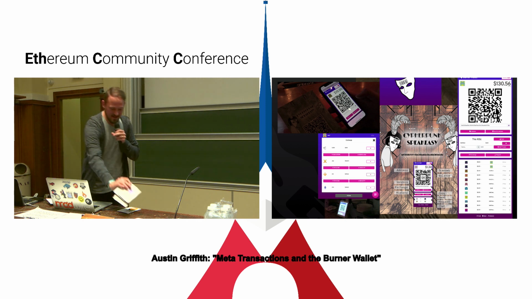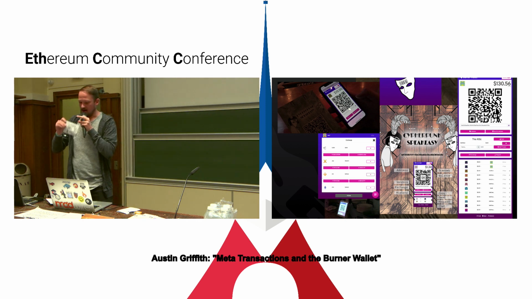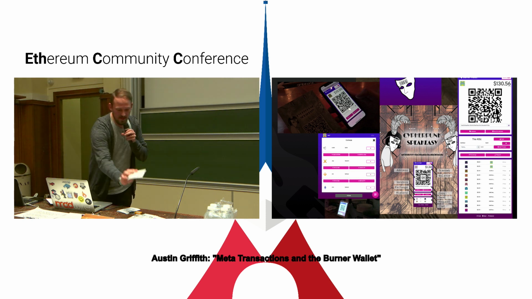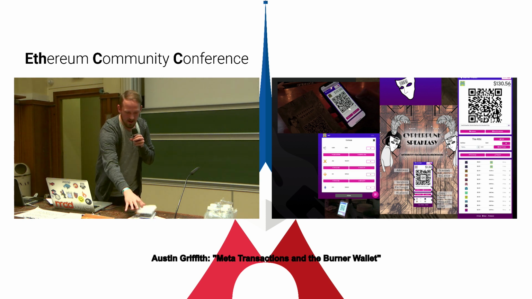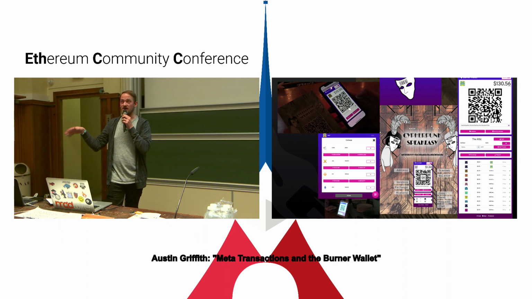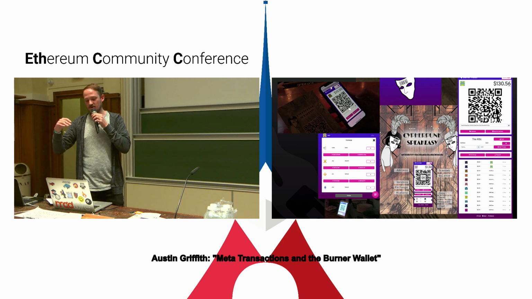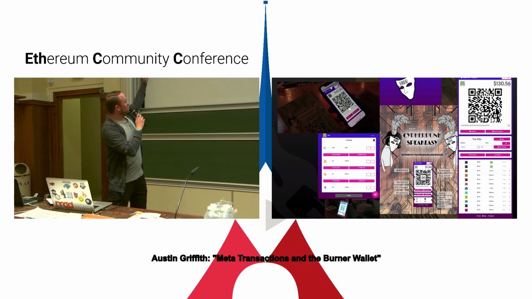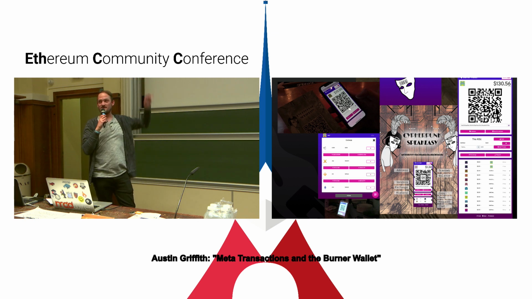But basically, these paper wallets have a private key on the inside. And that private key is preloaded with enough funds for the person to buy a beer and a half and also gas. So they're tokens. So you've got ETH, and then you've got DAI, and then you have XDAI, and then you have this burn token is what we called it.